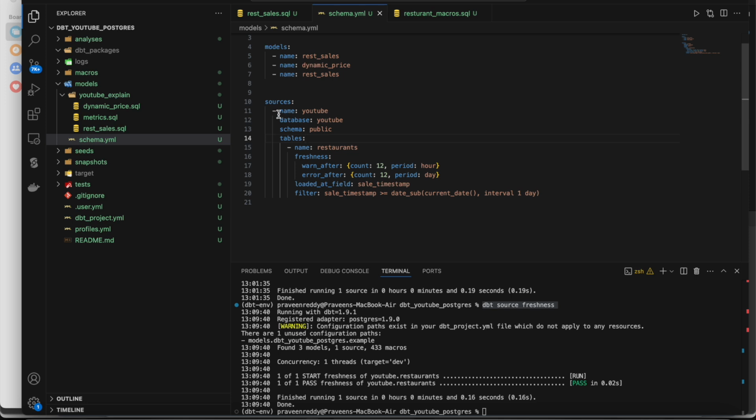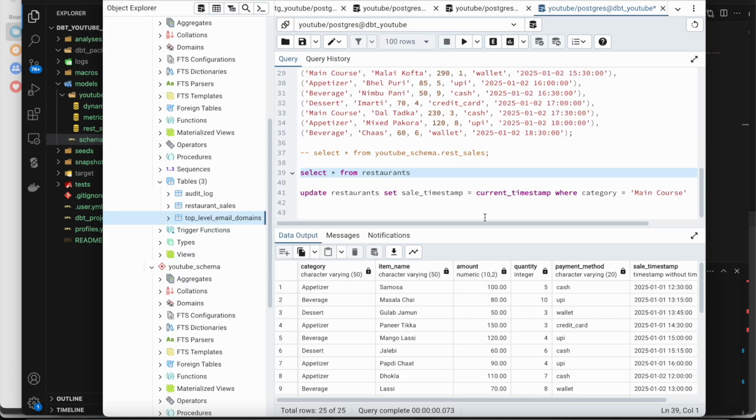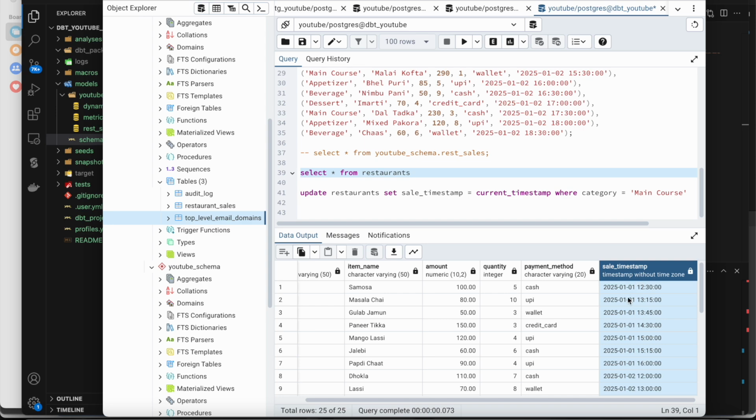if you want, you can give it for all the tables at a time. The same parameters you can paste directly under the schema as well, or else if you want it for a specific table you can mention it here. So we have to give a new tag, freshness, with warn after, error after, and which field in the table it has to refer to. So this is my table. My table name is restaurants, and it is referring to one of the audit columns called sale timestamp, when the